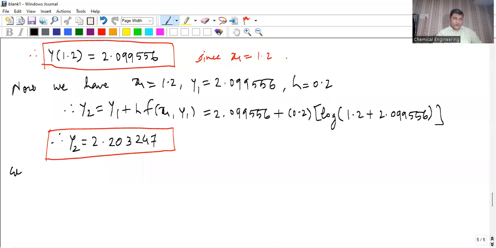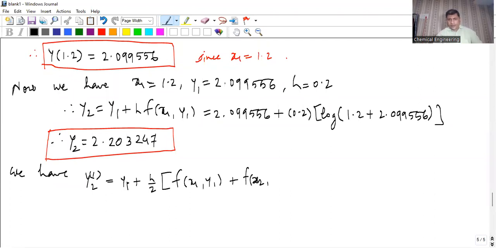Okay, so we have the first correction. Okay, first correction to y2. So what will be the first correction to y2? y1 plus h by 2 times f of x1, y1 plus f of x2, y2. Okay, this will be the first correction. So you got here the first correction of y2 is